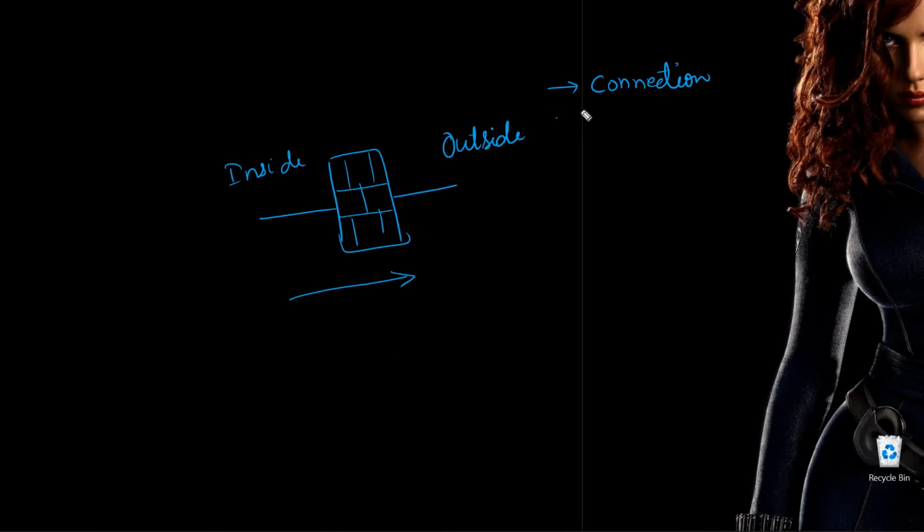Another thing after the connection: if the connection is not there, what is it going to do? It might be that the connection has just been initiated and has the SYN bit as 1, so the traffic is not going through the firewall yet. So the next thing it will do is check the policy. If the connection is established, it means it has already checked the policy and it is allowed, so it will continue to allow. But if the connection is not there and it is trying to initiate the connection, then